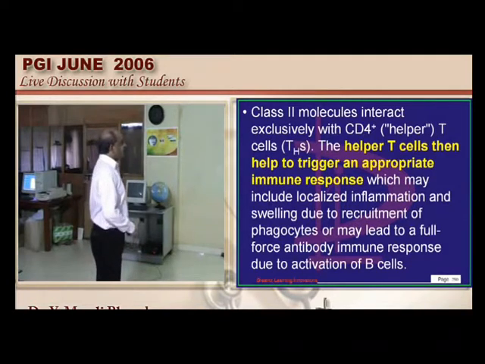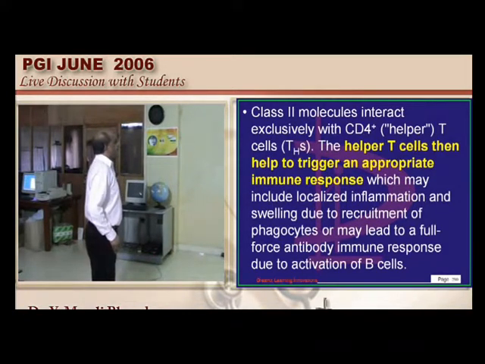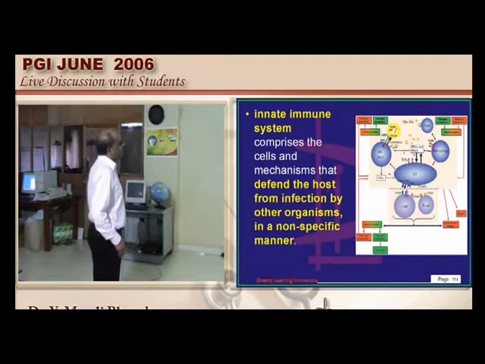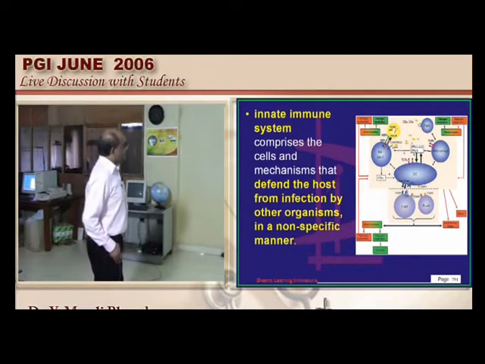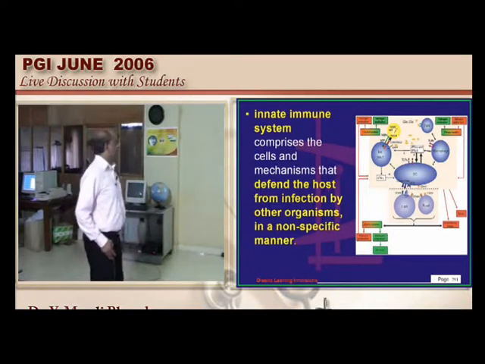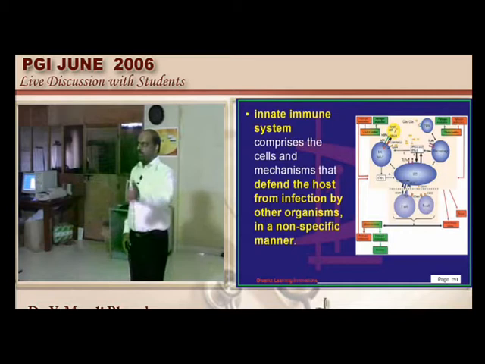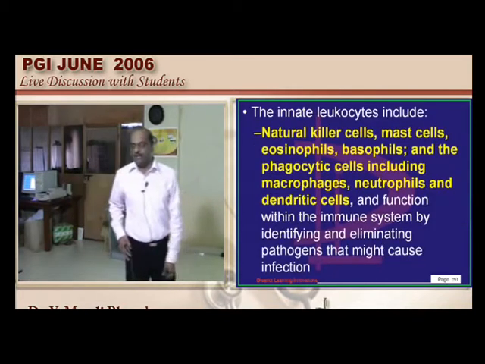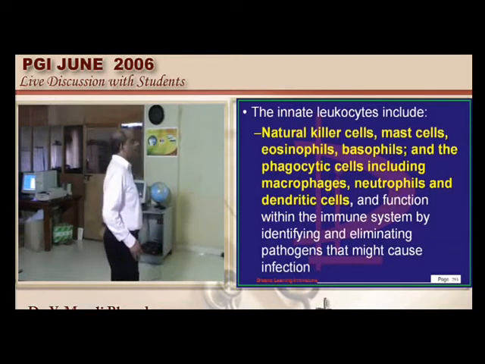Now one of the options given to us was, is it responsible for the innate immunity? No. By principle, what is the meaning of innate immunity? It is basically in a non-specific manner, in a non-genetic way. The innate immunity is mediated by your eosinophils, neutrophils, mast cells, basophils, etc. So it is not the MHC2 molecules, they are nowhere associated with the innate immunity, is what we have to be doubly sure about.